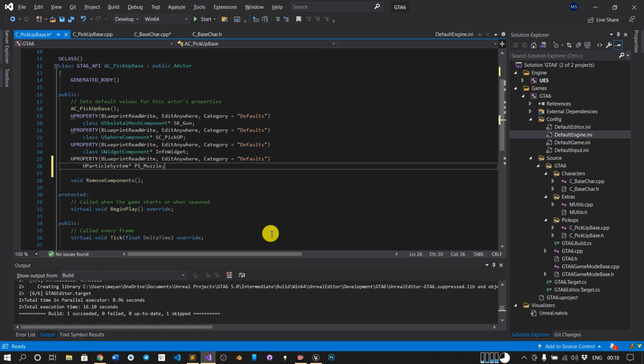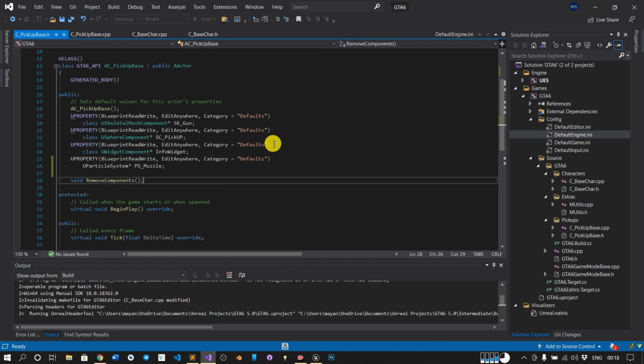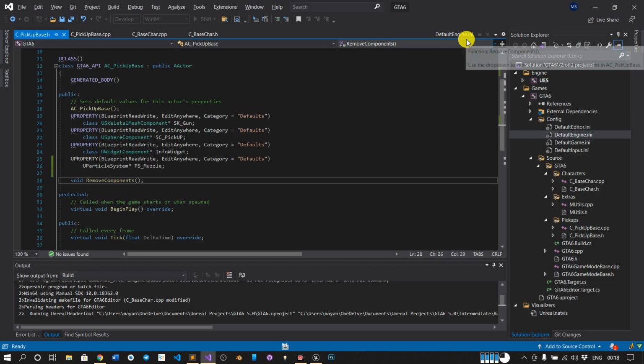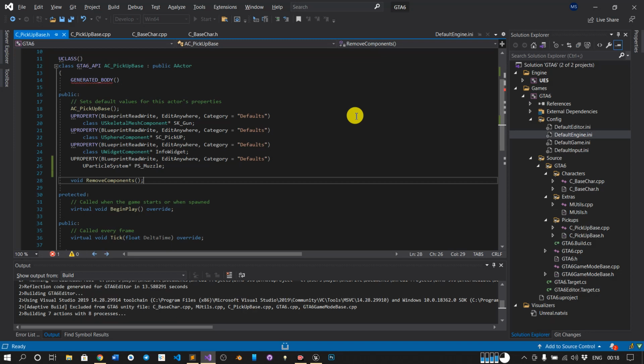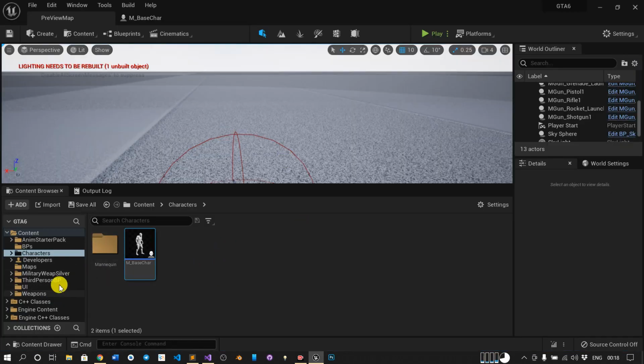So we want one for impact also, but we will use the same. So Control Shift B, and we have made the changes in the header file, but it should reflect in our Unreal editor as they have upgraded the version and it is working without closing this window. So I have pressed Control Shift B. Let's check if it is there. It's a success.